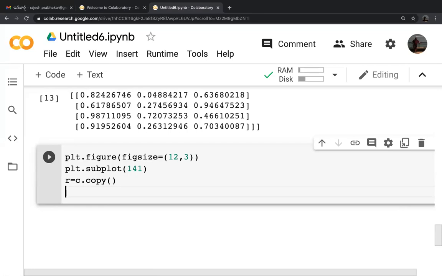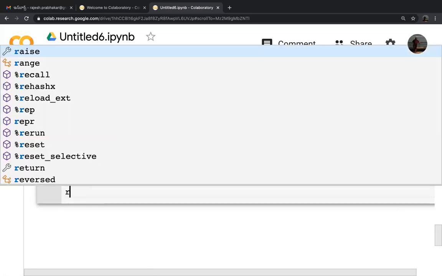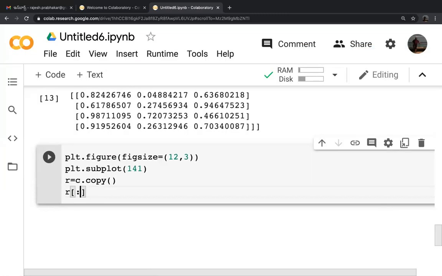Now R[:, :, [1, 2]] = 0. So basically what I am trying to do here is setting the green and blue coordinates equal to 0.